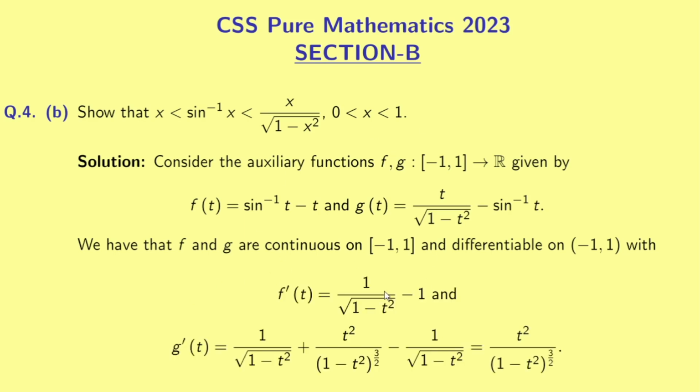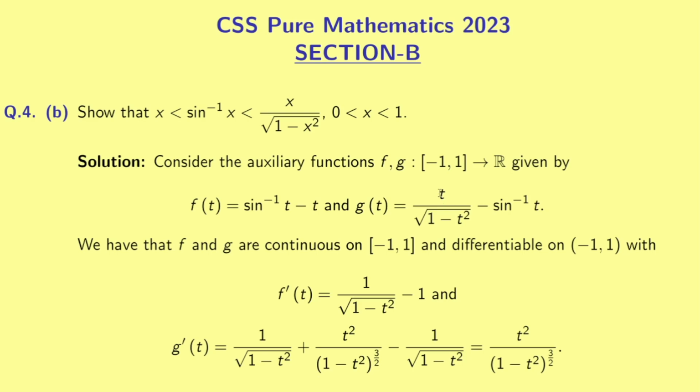We know the derivative of sine inverse t is 1 over the square root of 1 minus t squared, and we get this minus 1 because the derivative of minus t is minus 1. For the derivative of g, for this part here, we use what we had before, that the derivative of sine inverse t is 1 over the square root of 1 minus t squared. And for the first part here,